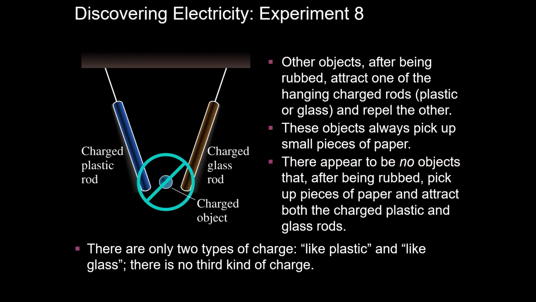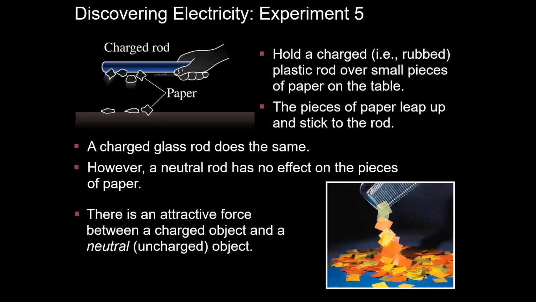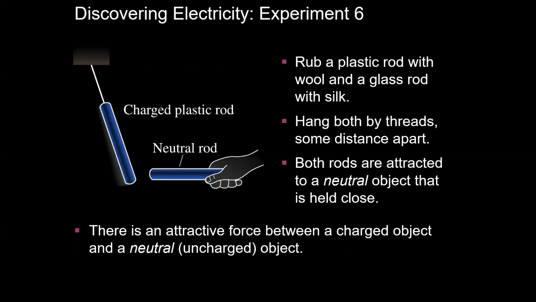You will always have one of them being repelled and the other one being attracted. That is if the one in the middle is charged. That is if the one in the middle has been rubbed, as we're calling it. Okay, and so this diagram, it's a little bit misleading just because this situation is possible if the thing in the middle happens to be uncharged. If we go back to this experiment right here,